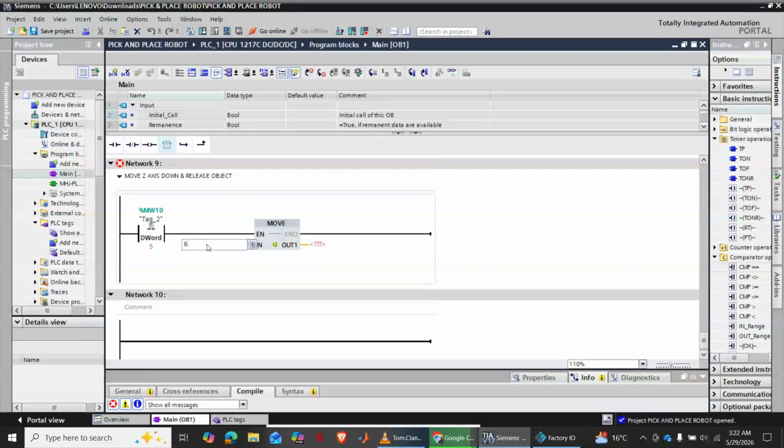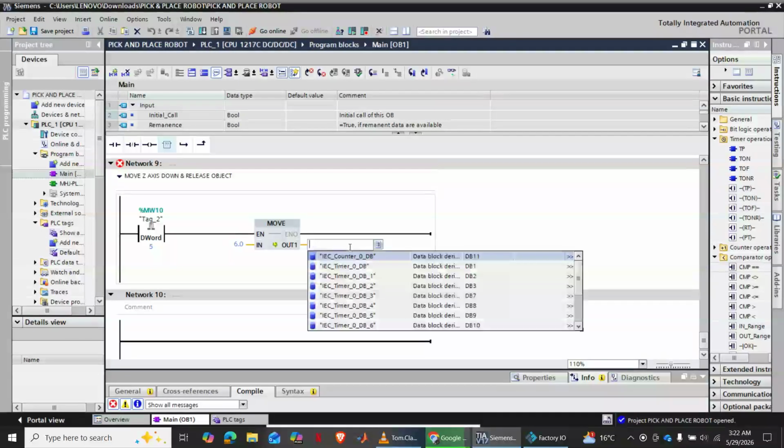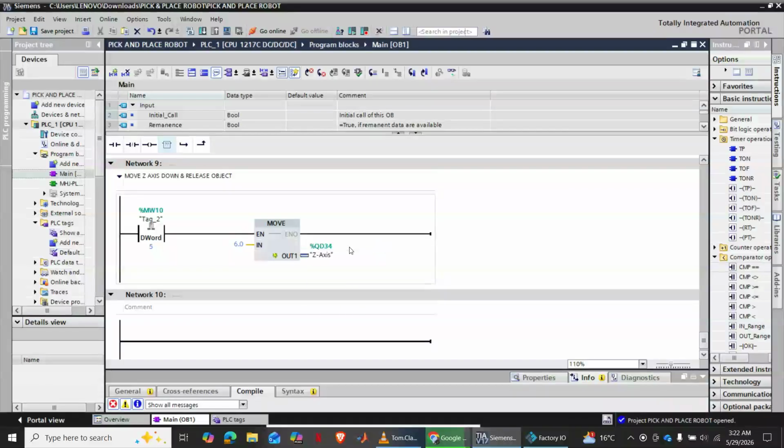Nilisema ikiwa pale kwenye stackable box haita move exactly down, ta move at least kwenye 6 ndio iweze kurelease zile 3 stackable, kuweza kurelease zile 3 blue raw materials, otherwise itakuwa ina interact nazo. So QD34, oh sorry, QD34 Z,